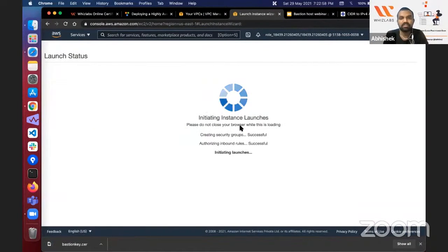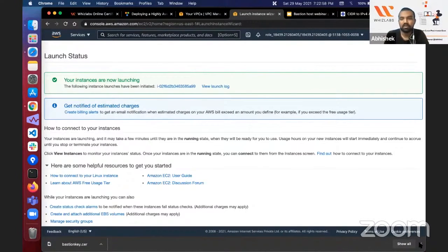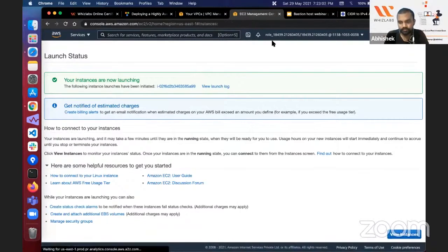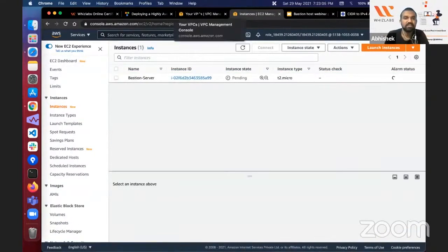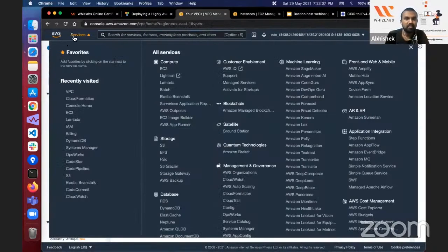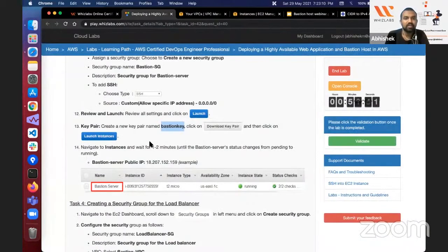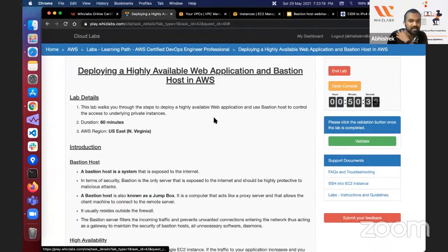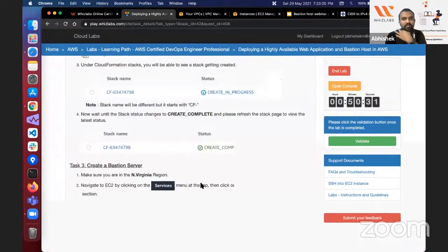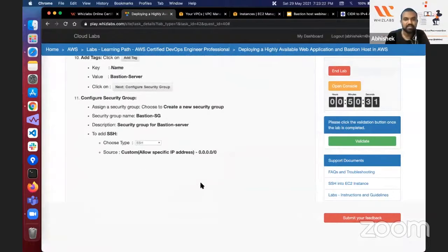Once you click on launch instance, it will go into pending state, and this EC2 instance will take around 2 minutes to launch. We can just wait for 1 or 2 minutes and let the instance be running. But since I have only 50 minutes remaining for this lab, I'll not wait here and I'll proceed with the lab. So the next step